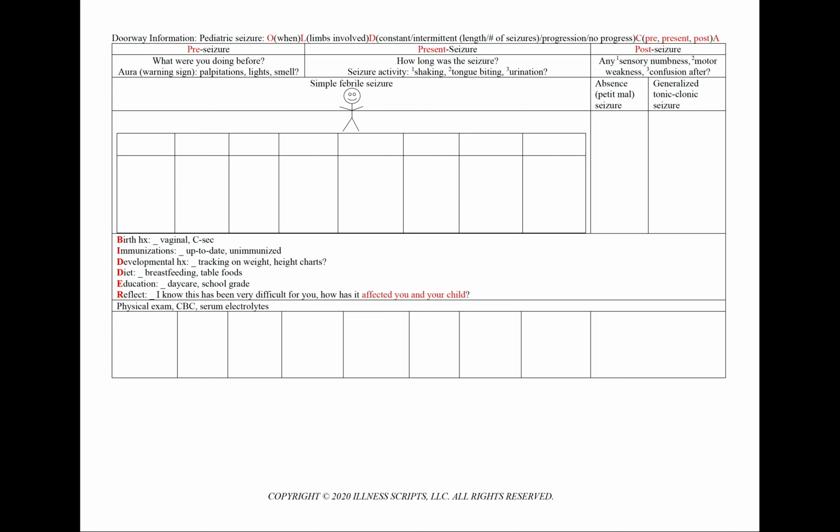On the pre side, we'd like to know what was your child doing beforehand, and if they experienced any auras or warning signs, such as palpitations, lights, or smells. Presently, during the seizure, we'd like to note how long your child was seizing for, and we'll pay particular attention for the seizure activity, and it's important we ask about these individually because one could occur without the others: shaking,